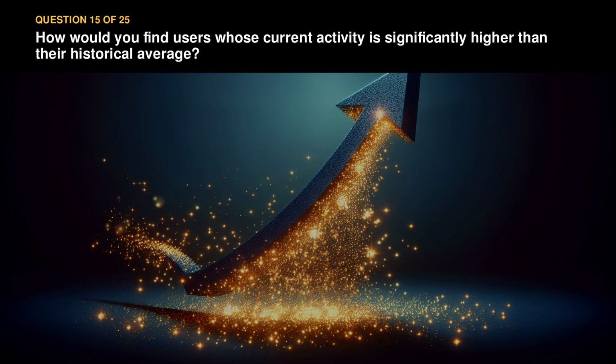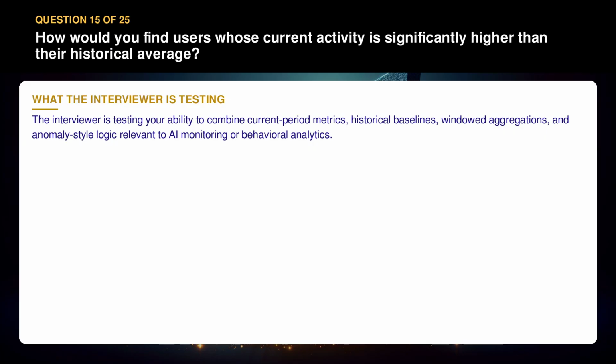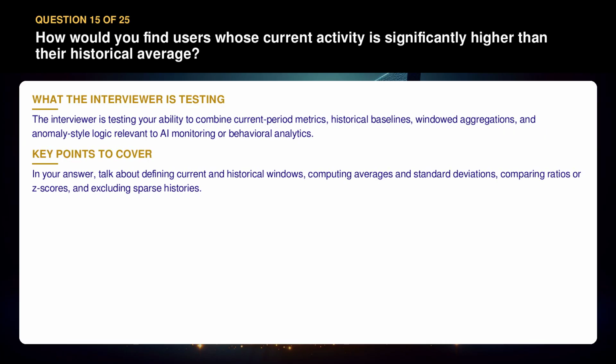Question 15. How would you find users whose current activity is significantly higher than their historical average? The interviewer is testing your ability to combine current period metrics, historical baselines, windowed aggregations, and anomaly-style logic relevant to AI monitoring or behavioral analytics. In your answer, talk about defining current and historical windows, computing averages and standard deviations, comparing ratios or z-scores, and